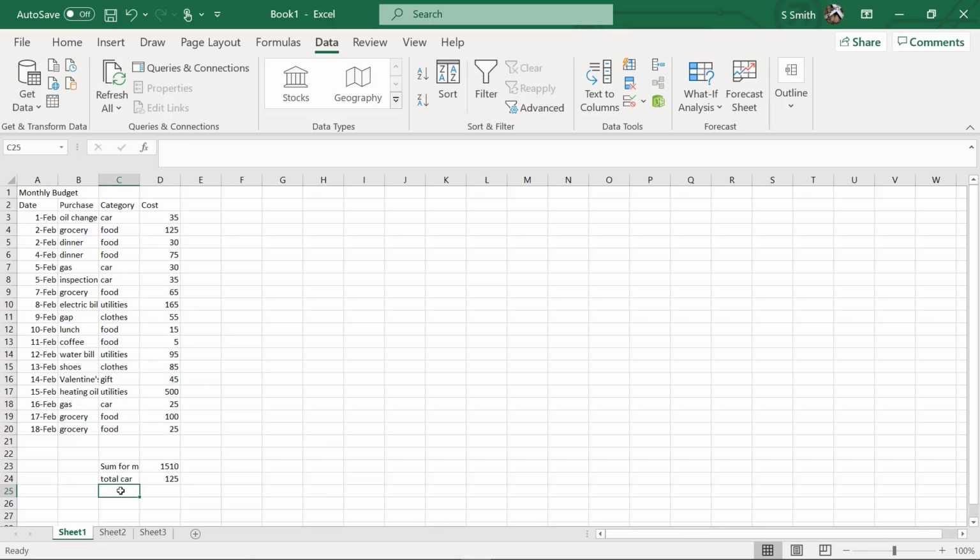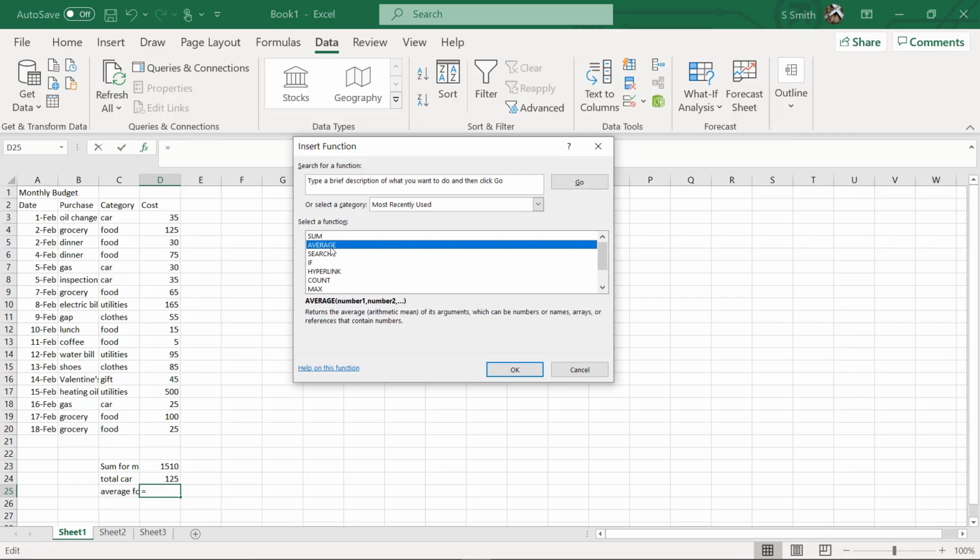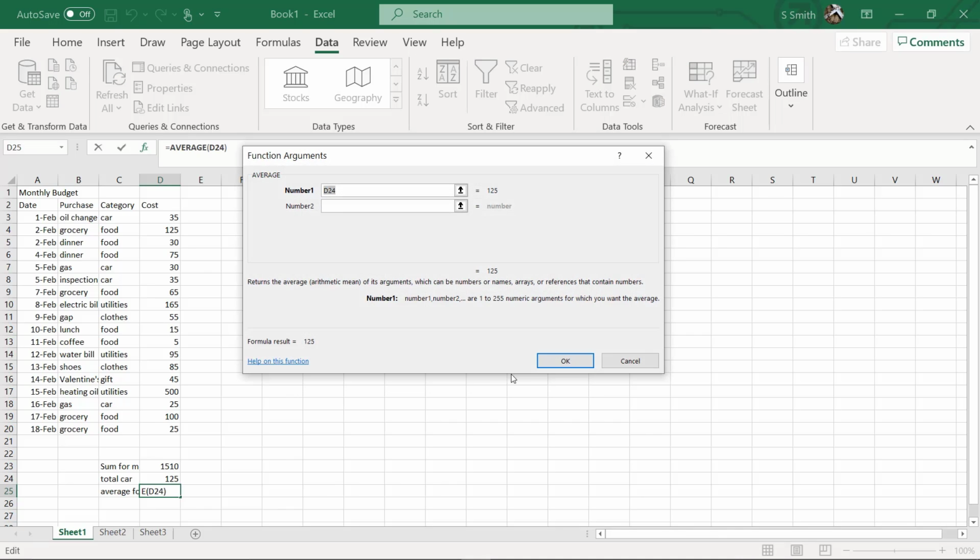What if I wanted to know my average food bill? Again, I can use a function. Hit the FX up here and go to average this time instead of sum. Say OK, and it's going to ask me which cells I want. I don't want all the cells, and the cells are not right next to each other.